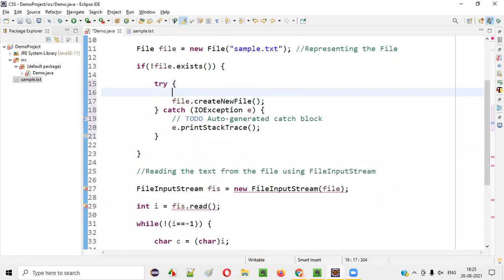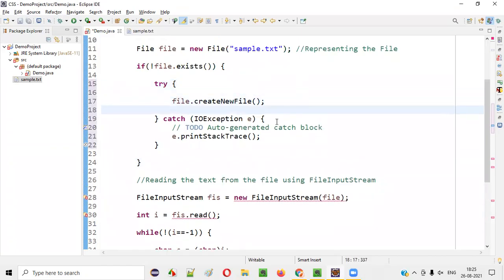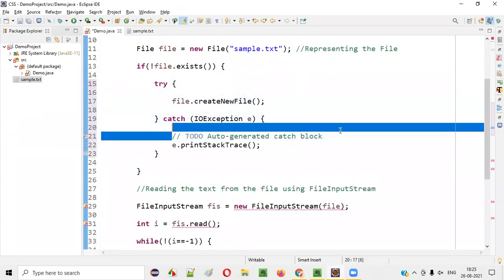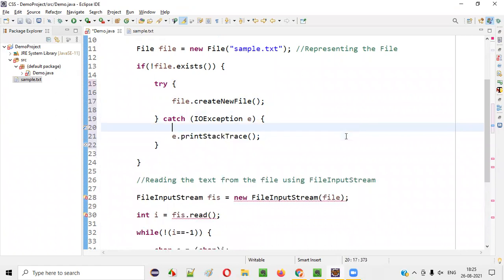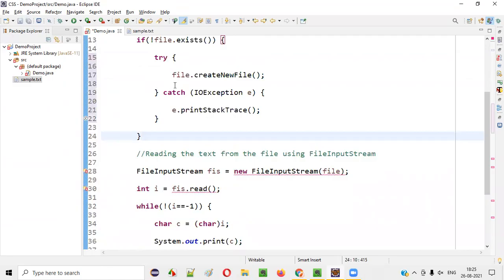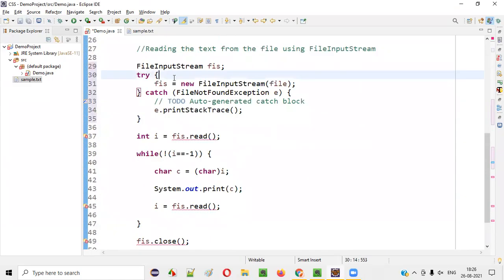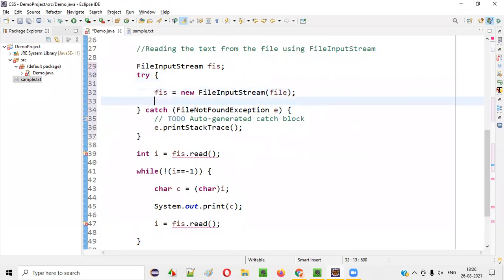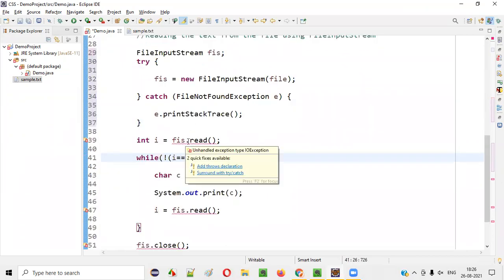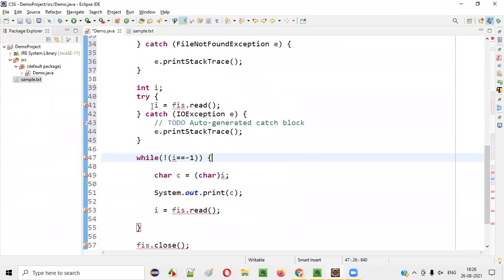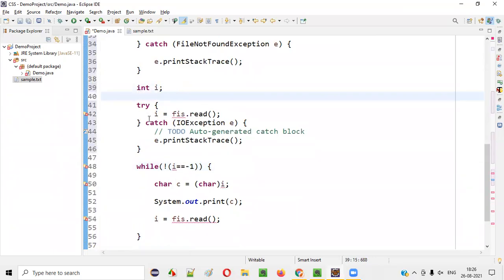I was not showing this earlier because this will make the code look complex, guys. Even if the code is simple, it will look complex because of the more lines of code. Anywhere we are getting a problem here, surround with try catch block. This is another try catch block, and here again you are getting an error. Wherever you get the problem, just surround that with a try catch block.